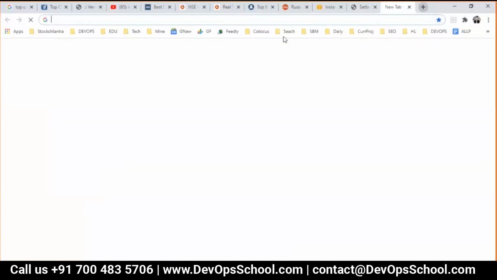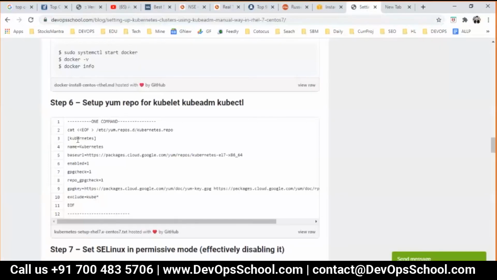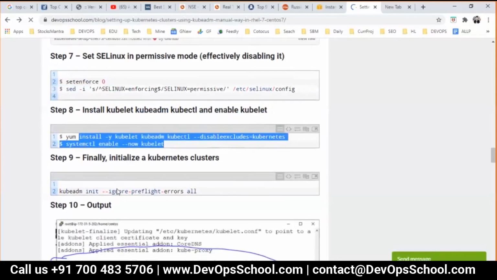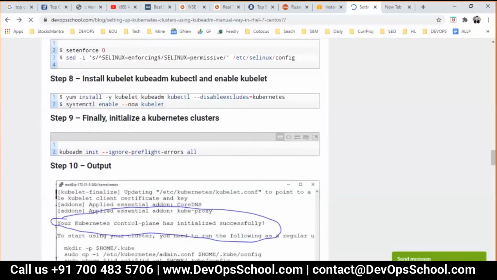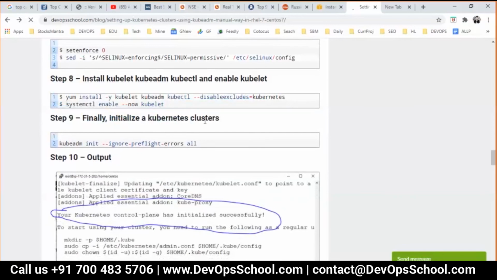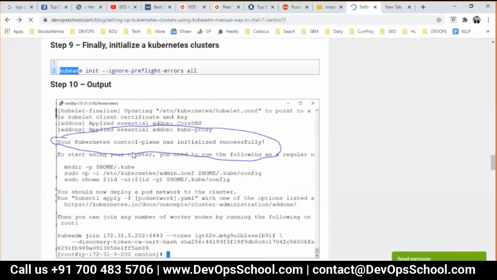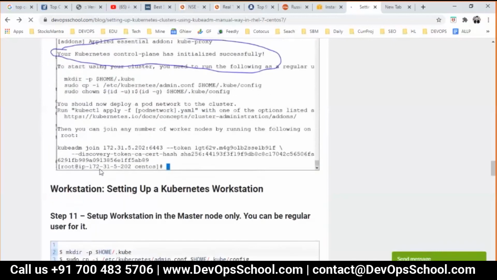Now what do you need? You need 3 tools: kubelet, kubeadm, and kubectl. These are the 3 things you need on each machine, mind it. For that, a repository is there. This is actually one command. Okay, I'm not able to select it. I don't know why. If something is not opening, you can see the raw view also. You can look at it here and then select like this. Okay, no problem, now you got it.